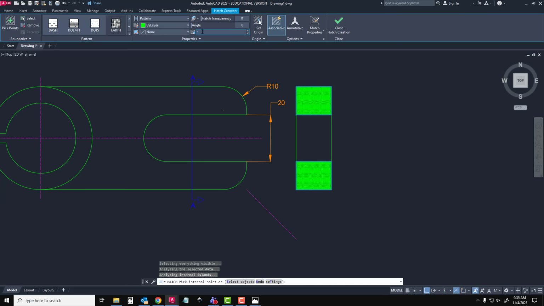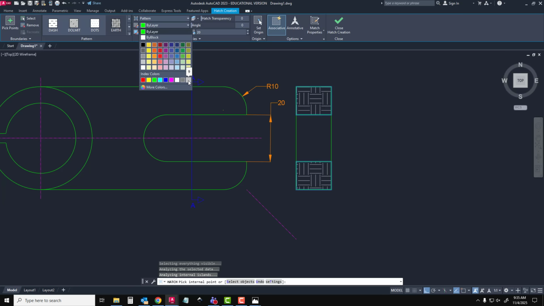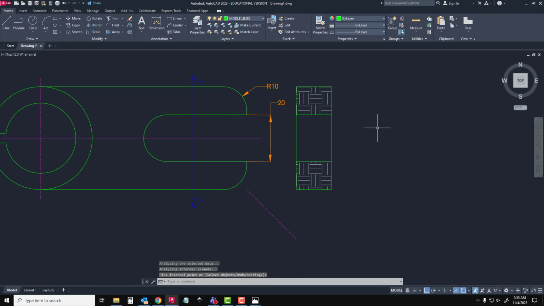So right here on scaling, I'm going to type in 20 and hit enter. Now I knew that was pretty close, but maybe I didn't want 20, maybe I want 40. Well, now I can't really tell it's Earth. So I'm going to come back down to 20 and hit enter. Now I don't want it to be green, I want this to be a very light color. So if I come up to this by layer, I'm going to change it to this, which is layer number 9, which is very light. And then I'll simply hit close. And just like that, I have model lines for my part, and I have the hatch lines